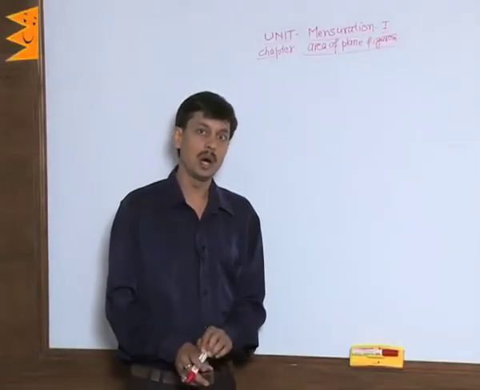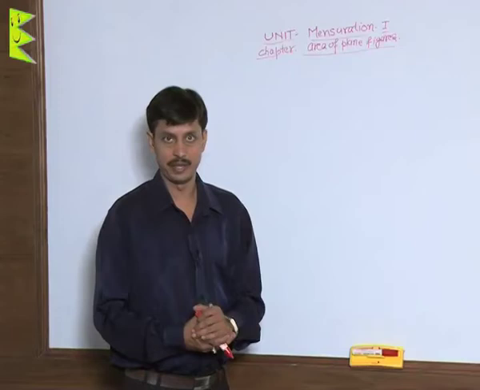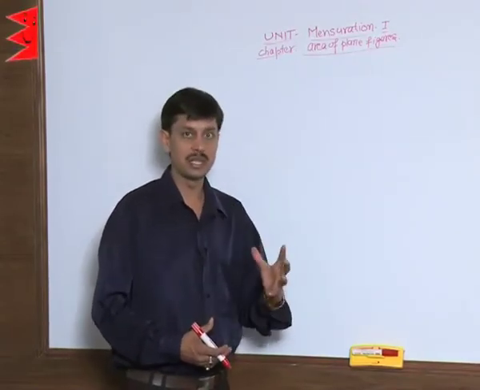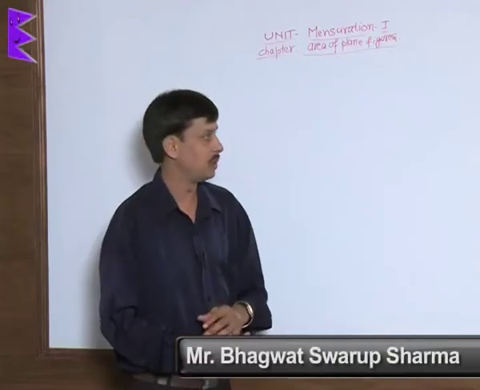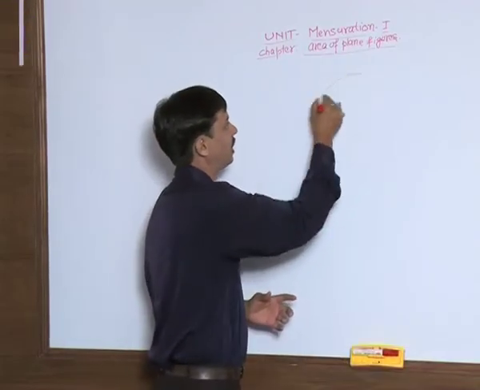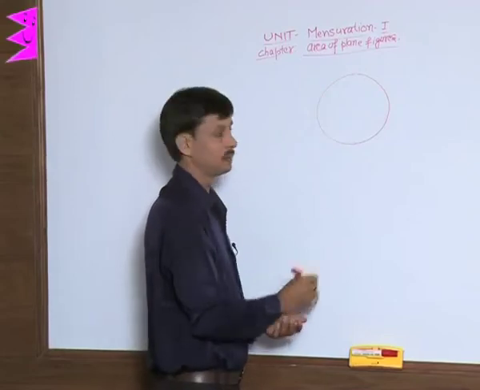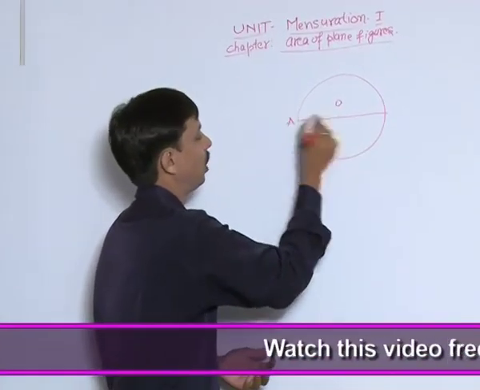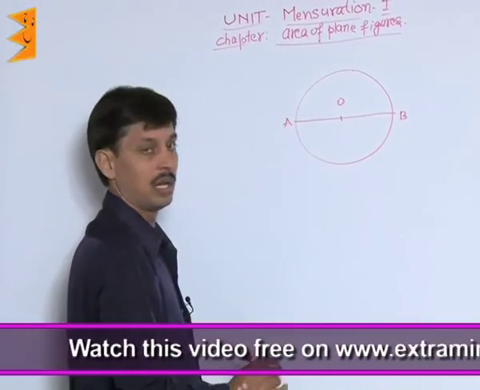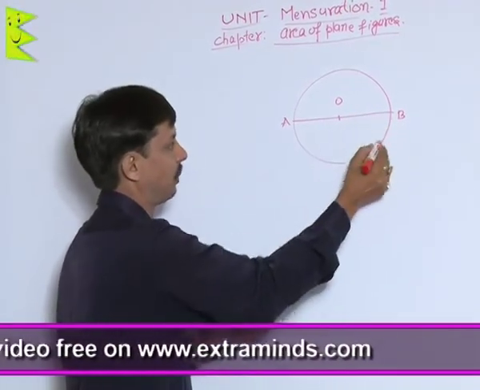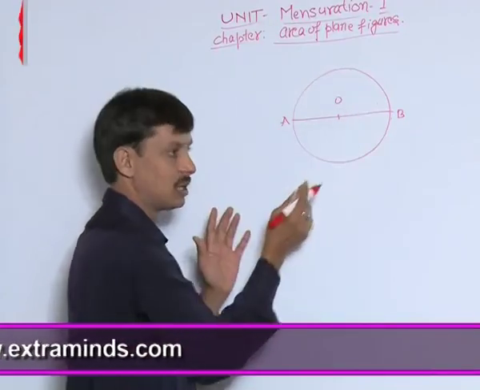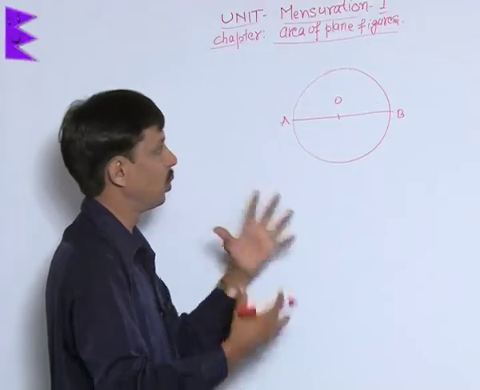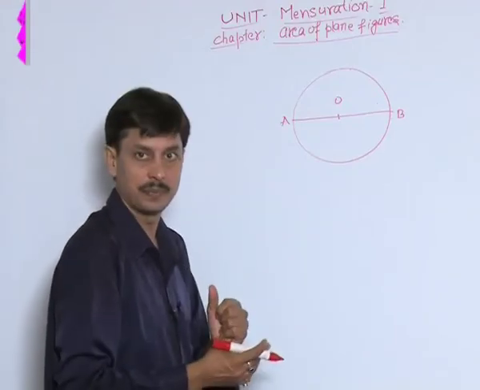Now I will tell you how to find the area of a segment in different cases. What are the cases? What is the major segment and minor segment is being discussed with you. For example, if I take this circle, center point is O, and this is the chord, we say the diameter. Then in this situation, what is this? Semicircle. Semicircle is known as a segment as well as a sector.